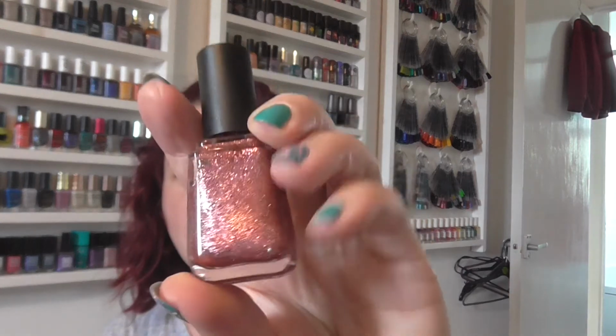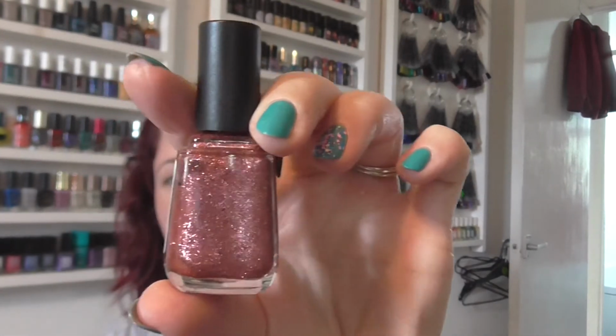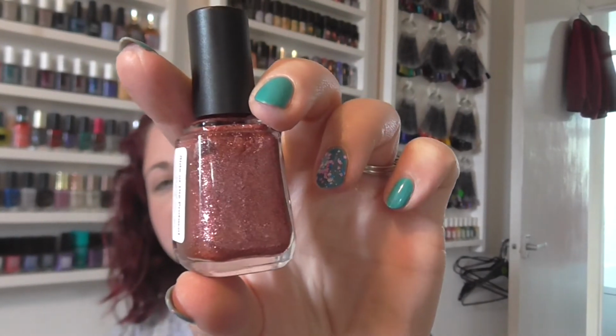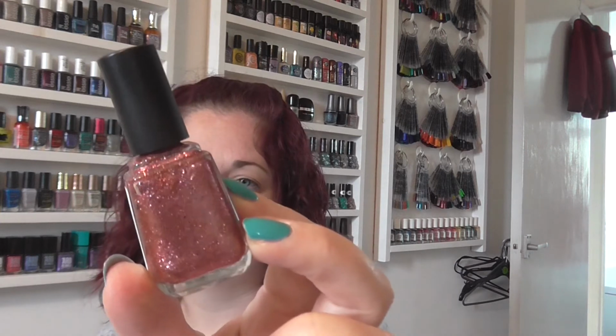I also chose, because Phoebe's done some new bundles, so I did do a bundle of 3 polishes. So I also chose Ride or Die Protocol, which is this sort of rose gold frosty foil polish. This one made me think of Halcyon, but it's like a darker rose gold. This one was from the Good Place collection, and the third one I chose with this order was Survivor from